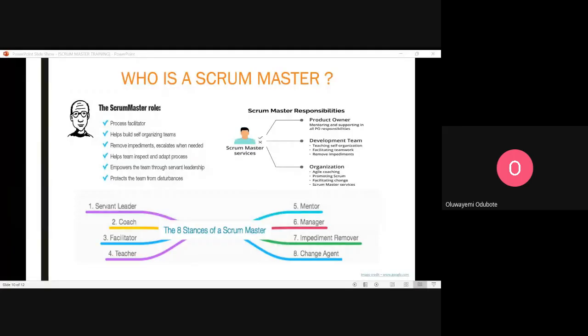Just permit me to share my screen and leave it at the function, the job responsibility of the Scrum Master, so we can use that to answer any question, right? All right. Yeah, so we just relate that with it. Just let me know if you guys can see my screen. Can you see my screen yet? Yeah, your screen is up now. Okay, Gabriel, over to you.